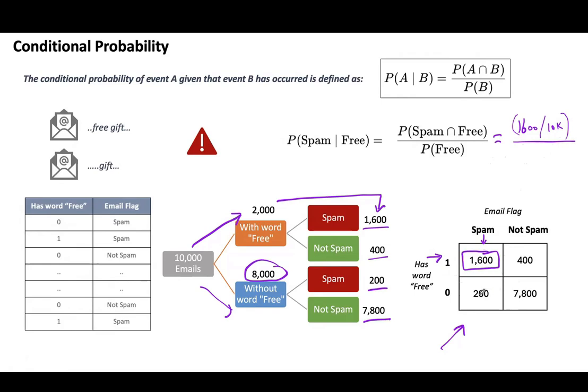And if you look closely, we want to look at all these instances of emails because these are the emails where the word free appears. So we'll write the expression, which is the total of these two numbers, 2000 divided by 10K. And you can see that 10K cancels out from both numerator and denominator. And ultimately, we get 16 upon 20, which is 4 upon 5. So 0.8 is the probability that an email would be a spam email given the word free occurs in the